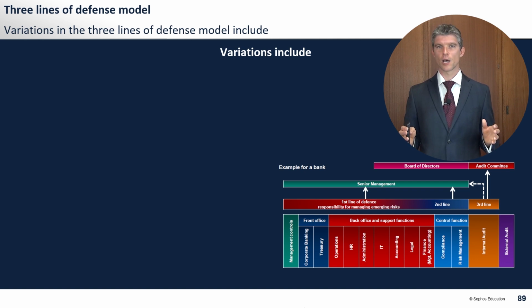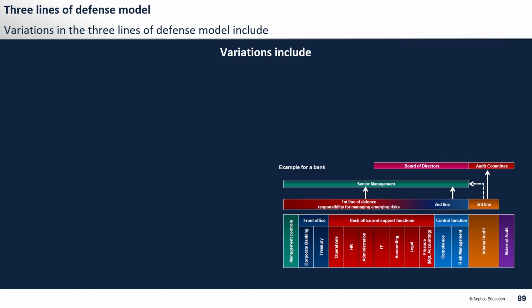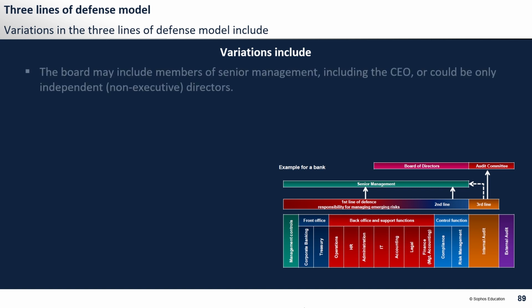I just want to say that I've given you a pretty rigid model up to now, but you have to understand that this is not necessarily best practice. It's not necessarily bad practice either. There are different opinions, there are different best practices about how to go about it. But some of the variations which can exist include the board may include members of senior management. So often you have independent, also called non-executive directors on the board. I think best practice is at least 50% of a board should be